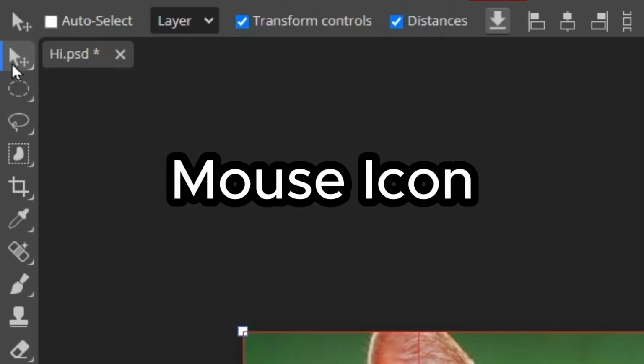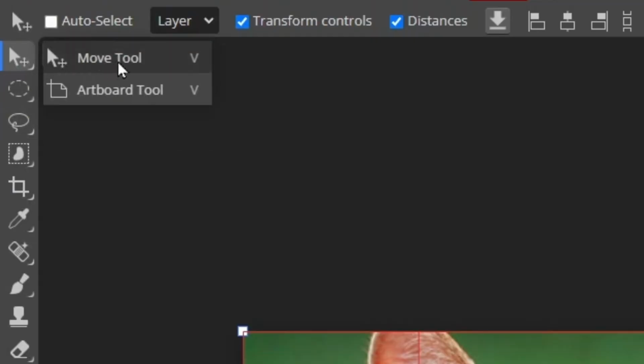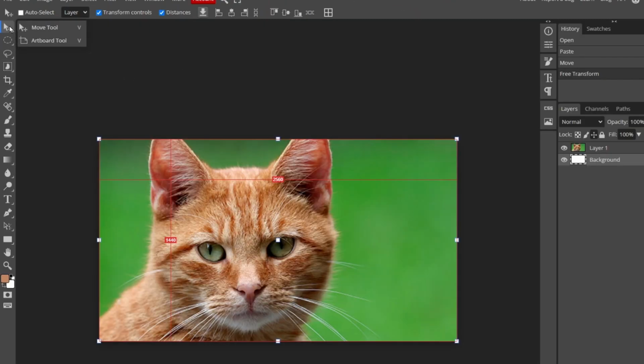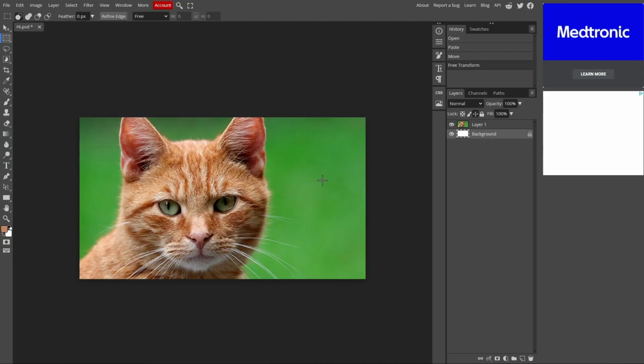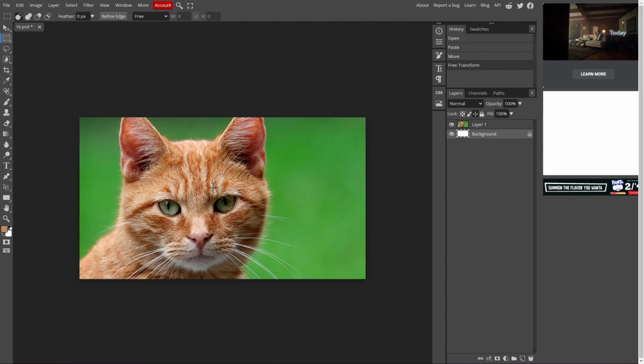So first of all, we got the mouse icon. If you right click, there's the move tool and the artboard tool. You don't need to worry about that. This is basically if you want to click on stuff. Now we have this, which is the select tool, and what this does is, let's say for example, I really